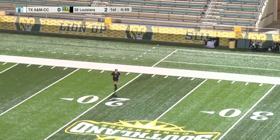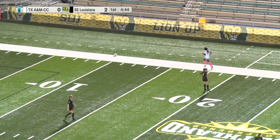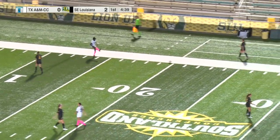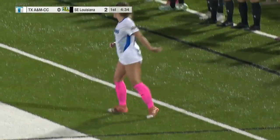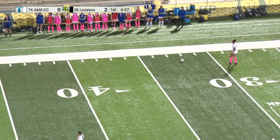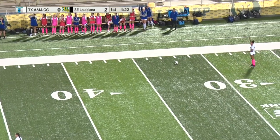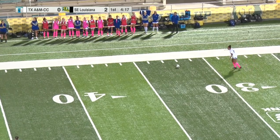And Jones will comfortably deal with that, not under pressure. I think the referee may have called a foul here. Yeah, I believe so. Looks like it'll be a free kick deep in, well, the 30-yard line on the football field. But Emma Crump will take long free kick duties from their own half. She puts her hand up, trying to see if they could win a header and have a chance on goal